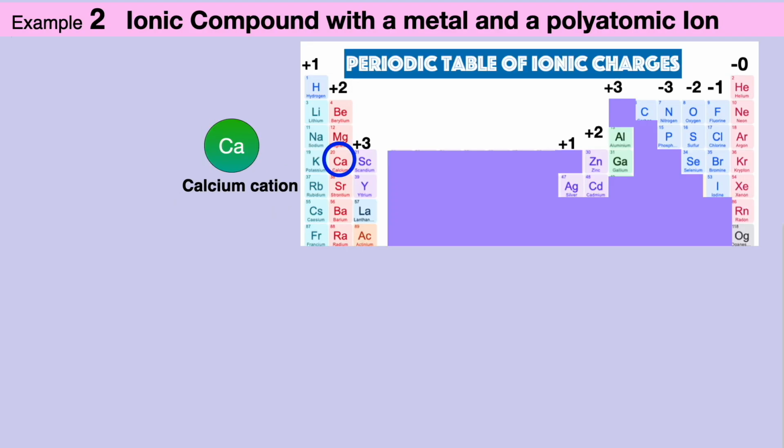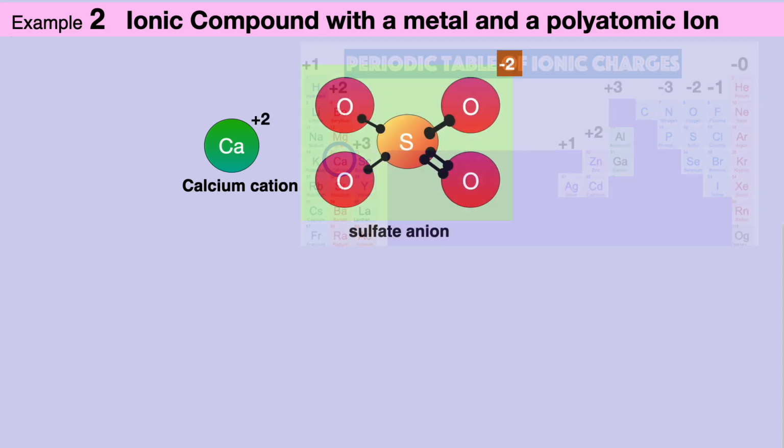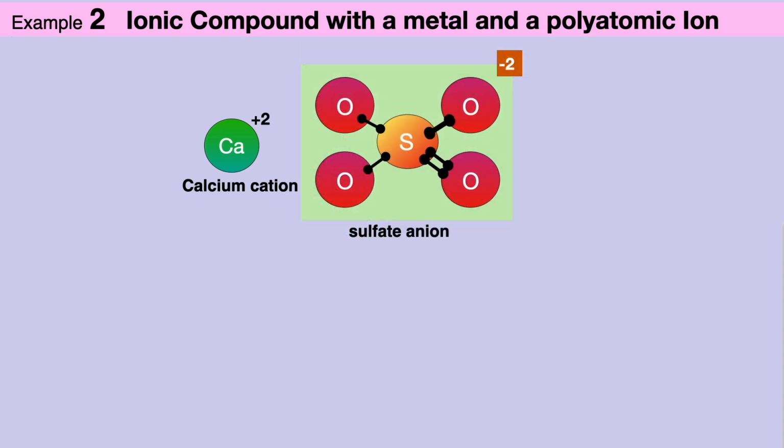When the sulfate anion meets a calcium cation having a +2 charge, their charges balance each other and they create a stable ionic compound. The formula of the resulting compound is CaSO4. It is named calcium sulfate following the cation plus anion naming pattern.